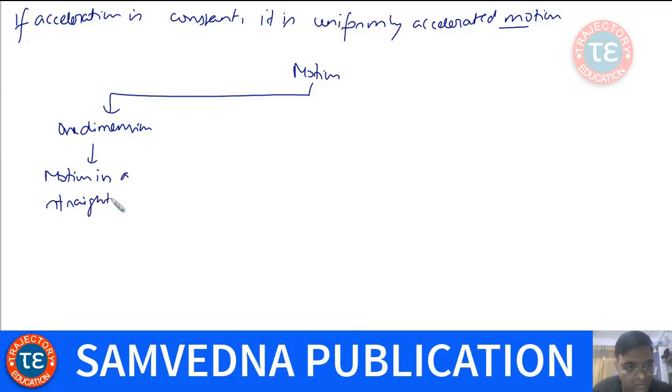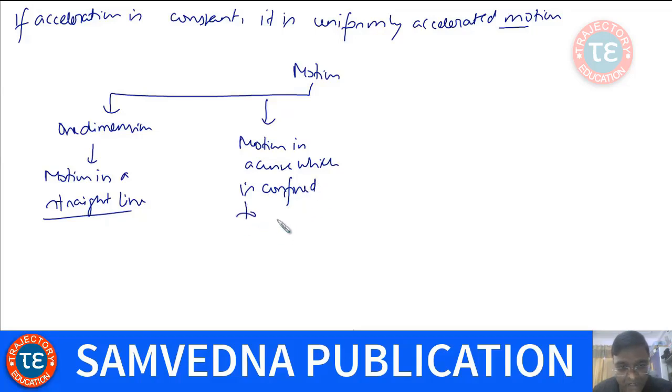that's called one-dimensional motion. And if you have motion in a curve which is confined to, say here even a straight line is also called a curve, but I am talking about a curve different from a straight line, a curve which is not the straight line. If a motion is in a curve which is different from a straight line, and this curve is confined to a plane, say